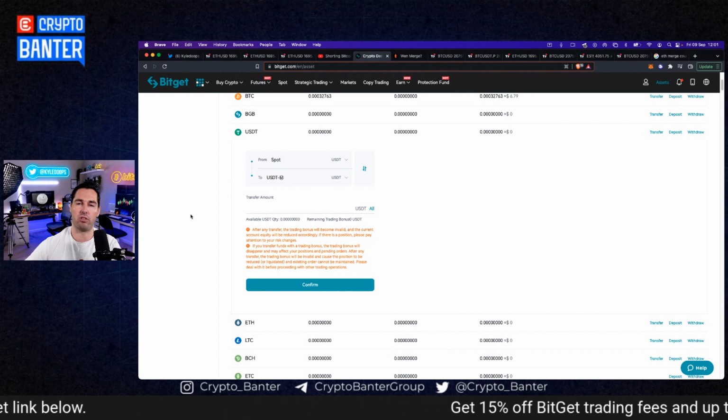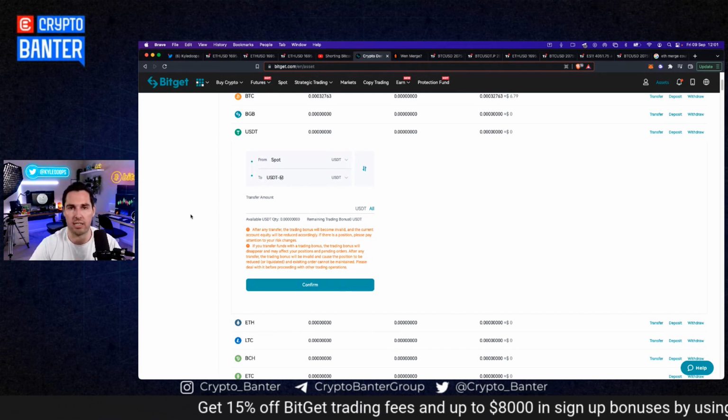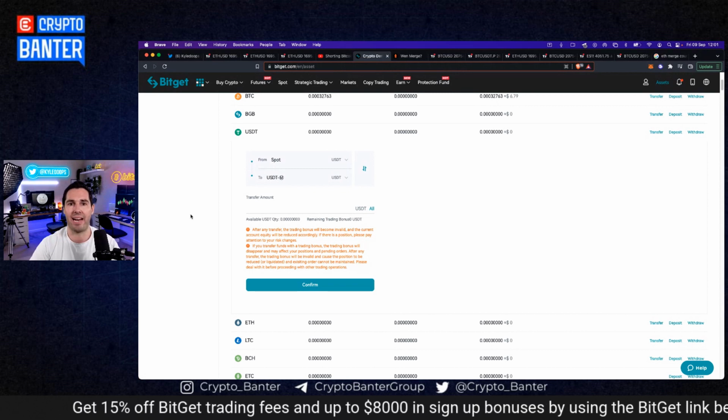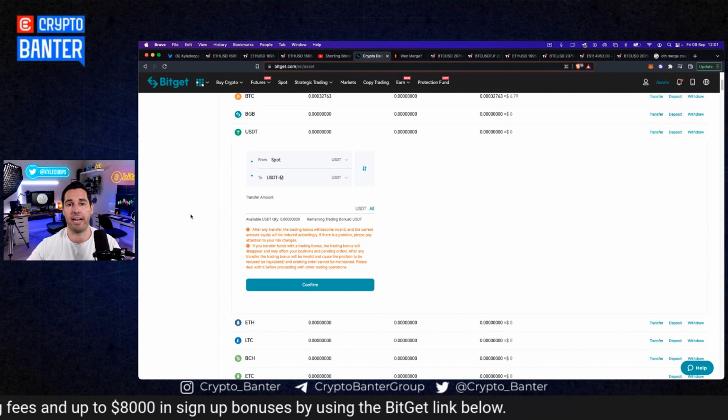leverage to short. So essentially, shorting crypto basically means that you are betting that the market is going to continue on to the downside. And as a result of that, you make money on the way down by short selling